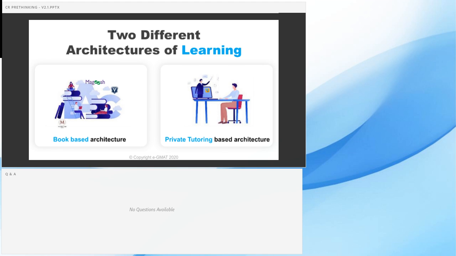What we found as a problem with this architecture was that there's really no feedback while learning. The second thing was that, yes, while this architecture works if you want to get good at anything, in the test prep world, it's like winning a race. It's very difficult to get excellent at anything using this architecture unless you already have a very good foundation to begin with. So we went about creating a learning architecture which we call akin to a private tutoring based learning architecture,